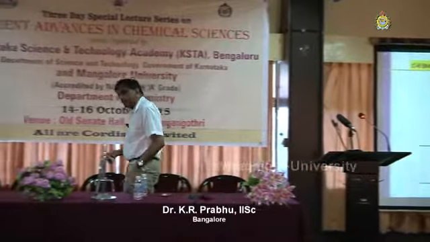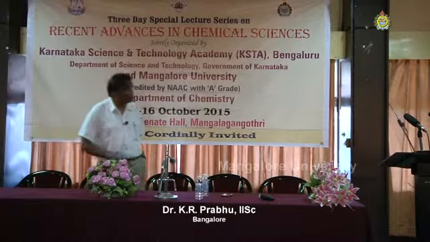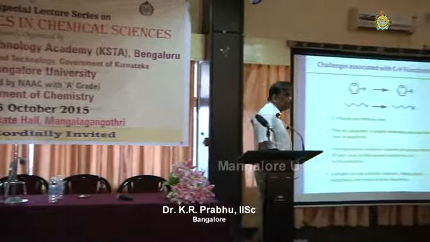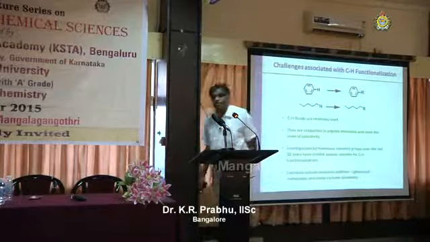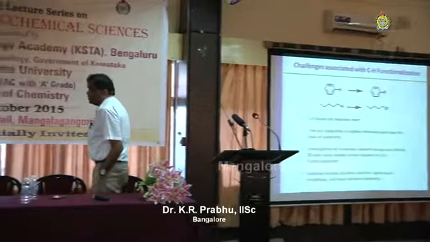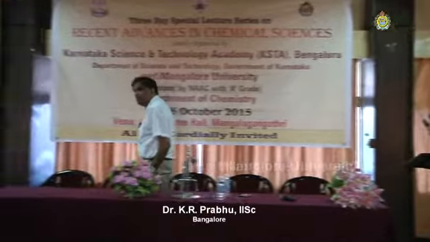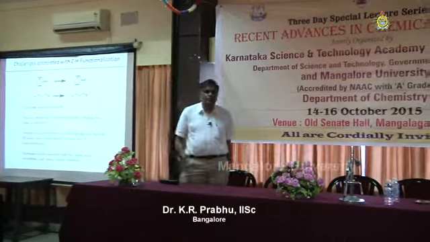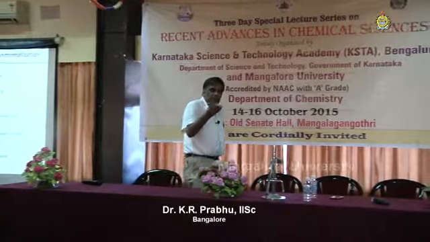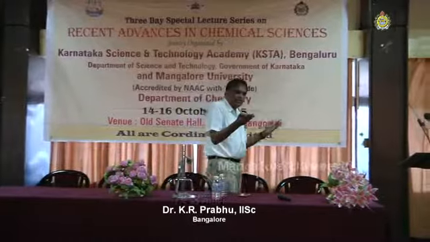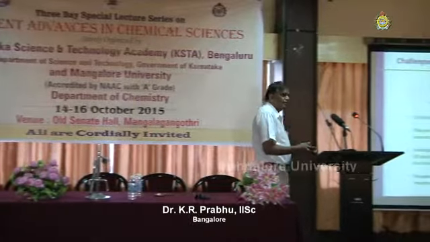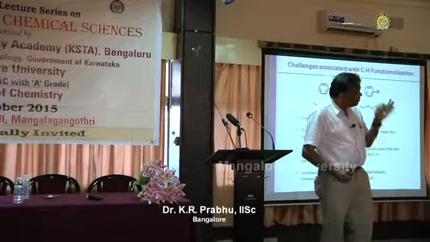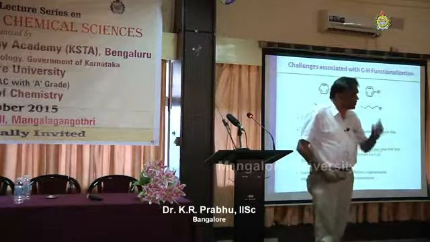Now I am going to explain to you, we are not the first ones to do it. There are several groups doing this, so what do we really do? But before seeing what can be done, we shall look into the problems associated with that. Number one, C-H bonds are generally called the inert functional groups of organic chemistry. For example, in the periodic table, you see the last group, we call the inert group: xenon, helium, neon, argon, whatsoever. They are unreactive because they have a full octet, right? Similarly, C-H bonds are considered basically as the inert group of the organic periodic table. So that is one of the problems.